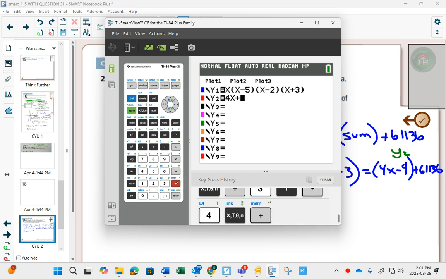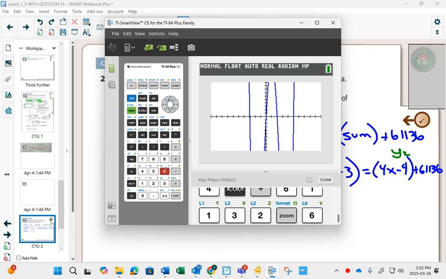4x plus 61132. If I put the minus 4 and the 61,136 together, you don't have to though. You could get the calculator to just have the minus 4 plus, and it will figure it out. Okay? Now I'm going to assume that I had my regular window on and I went to solve this and